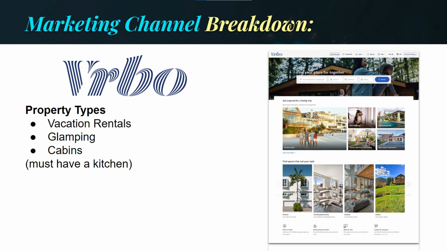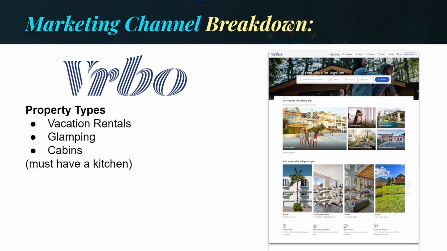Next is Vrbo. Vrbo is the OTA that's all about family trips and vacations. They appeal to travelers who want kid-friendly places to stay that can fit the whole gang comfortably and have the place to themselves. Kind of a home away from home vibe, where the guests can cook for themselves in the on-site kitchen and really sprawl out for fun activities.